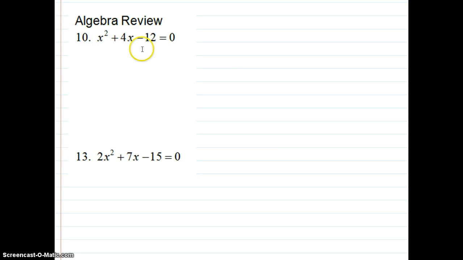Alright, in order to solve this equation, we're going to have to factor first. And so when we factor, we want to know what number times what number is going to give us x squared, and what number times what number is going to give us negative 12. One way we can do that is we draw this x, and then we take this term here, the negative 12, put it on top, and